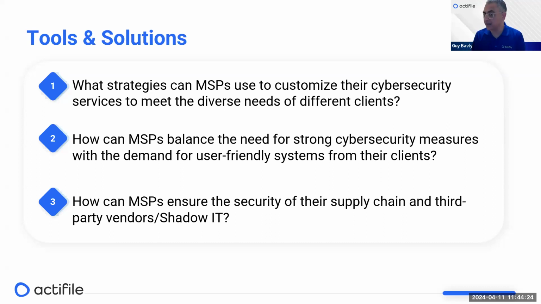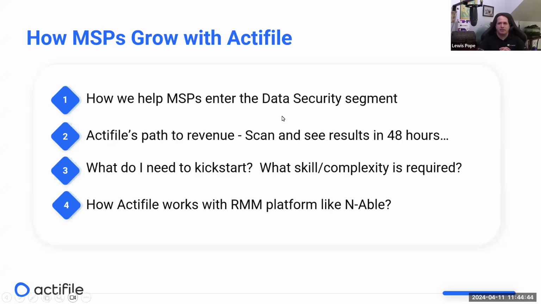And this is eye candy for an MSP, because he can show that to the business owner and say, you didn't know how much data you have, but keep in mind that people are taking your data to places you didn't know of, and didn't even conceive that they're doing it.